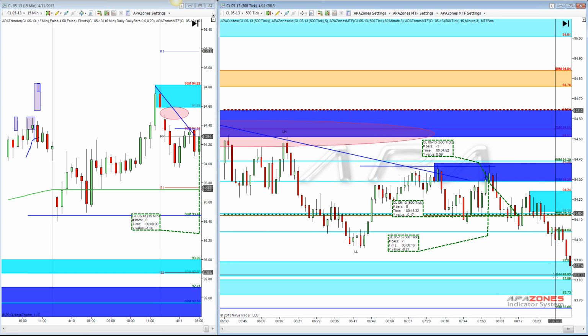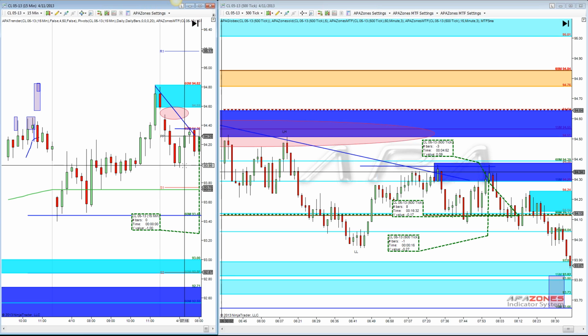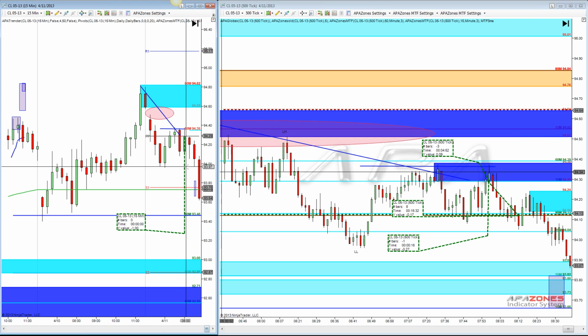We do have a 15-minute zone right there, going down to a 15-minute right there. Okay, so there's your 15-minute zone on this chart. And let me scroll over here just a little bit as we're at 8:30 right now. This is also where the trender line is. As we look at these candles, this thing's been coming down pretty hard. I could see maybe a little bit of a reaction here, just because that's where the trender is,